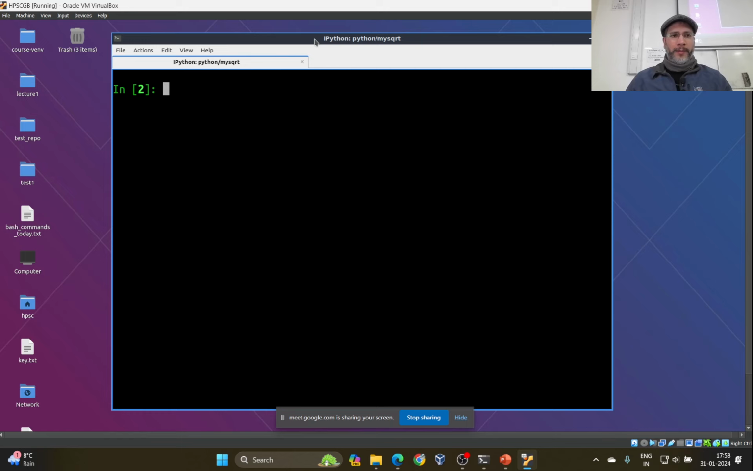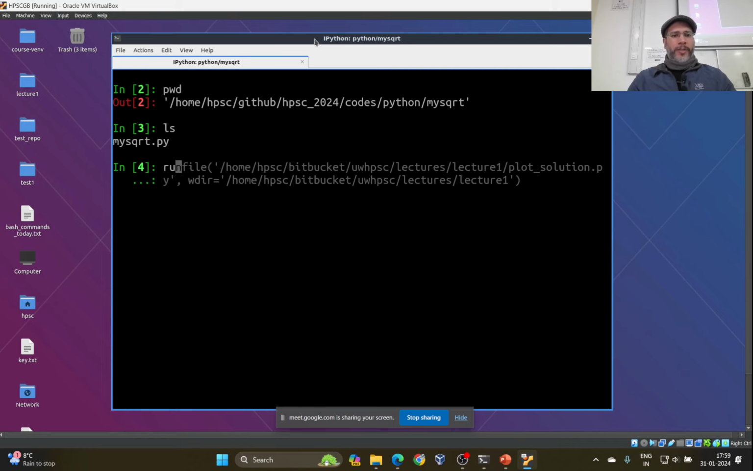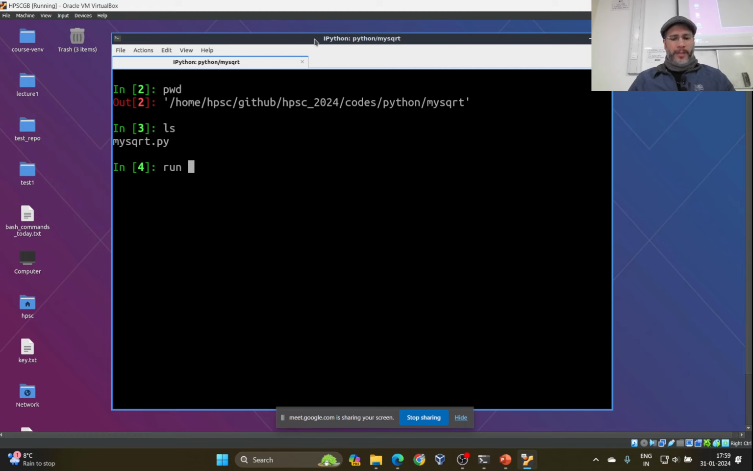And to run the code, in fact, in this IPython shell, some basic Unix commands also work. So I can type pwd, it prints the working directory. I can do an ls, it tells me the list of files available in this folder that I'm in. Okay. So you can also use cd and change the directory if you want, but I'm happy with my current directory. So if I want to run this my square root .py file, I can use this run command. So I can write run followed by